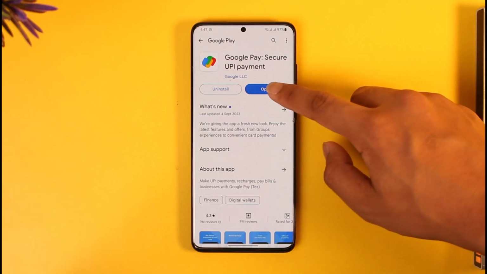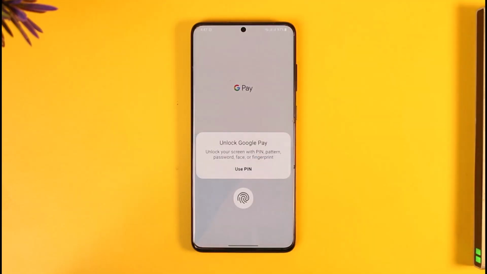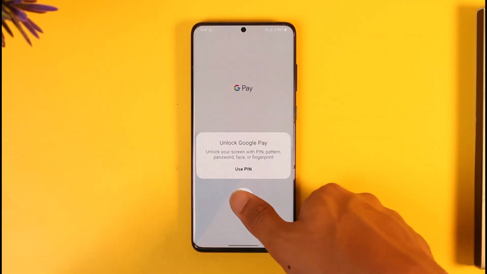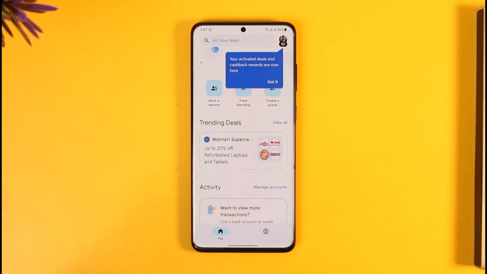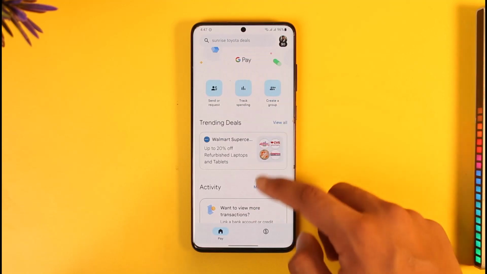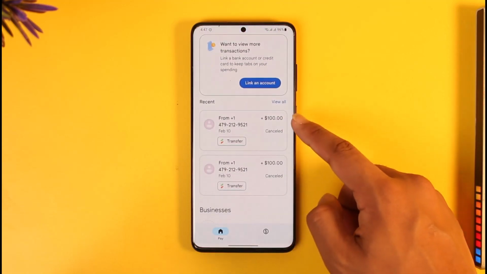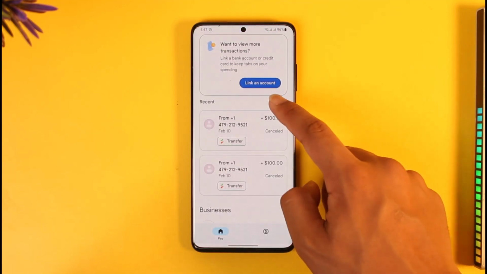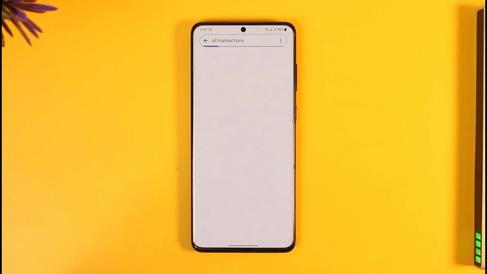First of all, just go ahead and launch the Google Pay application and make sure that you are also signed into your account. Once you're signed into your account, you're going to be able to see this type of interface, where if you look right over here, you should be able to find this option called recent transactions. And if you go to the view all option over here, you'll be able to see all of the transactions